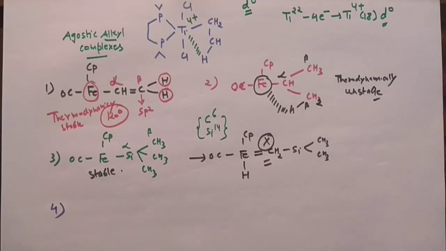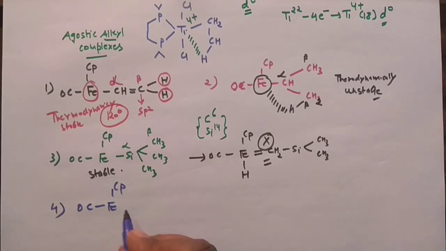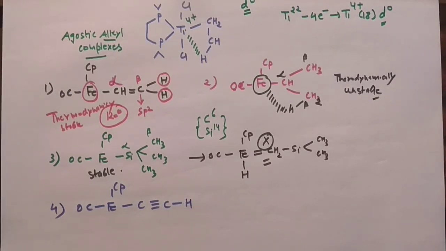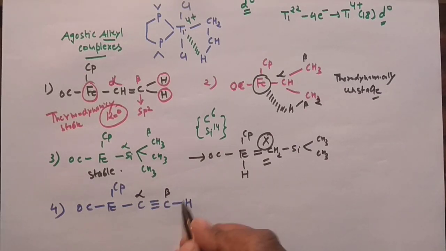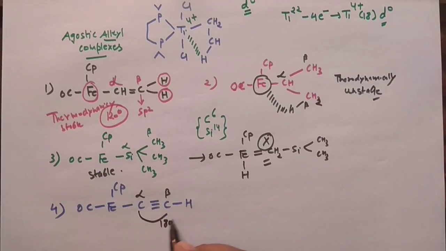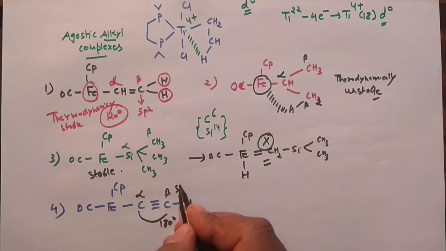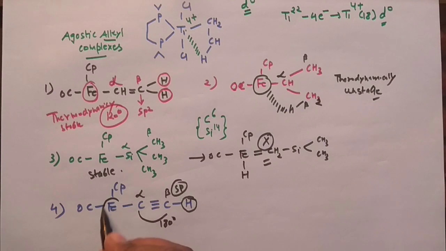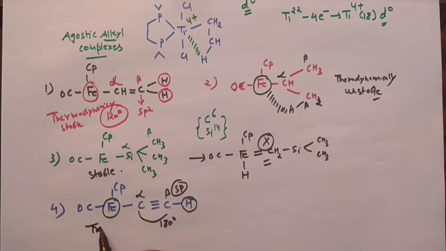Okay, and the last example which we can take here, say I am having complex number 4, and in this complex what change can I make? I can give CO, FeCp, carbon triple bond carbon, and hydrogen. Say I am having this complex. So this is alpha, this is beta, so this is the beta hydrogen, but the bond angle is what? 180 degrees, because this beta carbon is sp hybridized. So they are very far. This hydrogen and metal are actually trans to each other. So there is no question of cis coplanarity. So again it will not undergo beta hydride elimination reaction, so it would be thermodynamically stable.